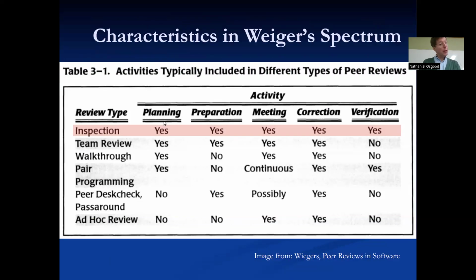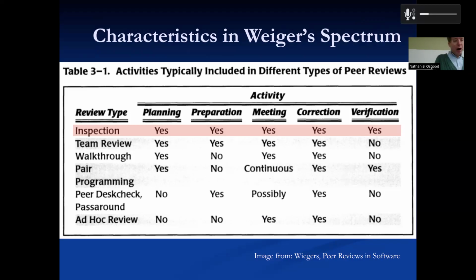So inspections require planning, advanced preparation, meeting, that's a synchronous meeting. When I say synchronous, what am I talking about? They're all going on together. It's not different times, someone going at a different time than someone else, and just communicating with messages or something. No, they're meeting for a defined time together, talking back and forth to each other, etc. There's corrections that are required and are often verified. Okay, that's what I'm looking for.